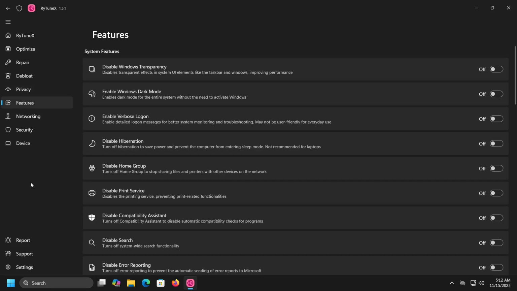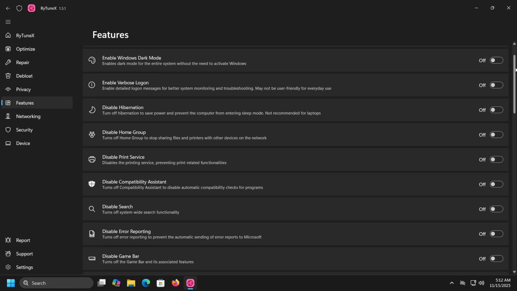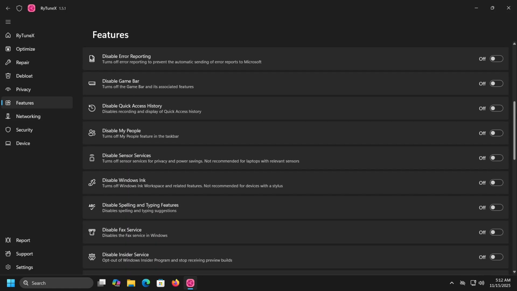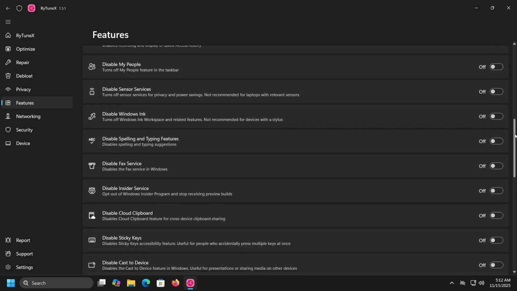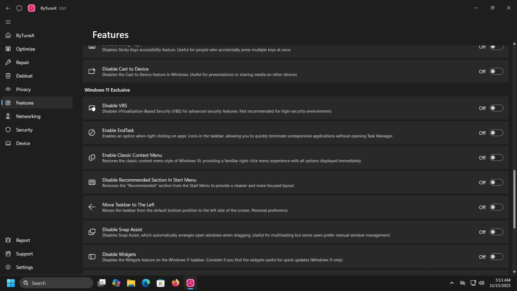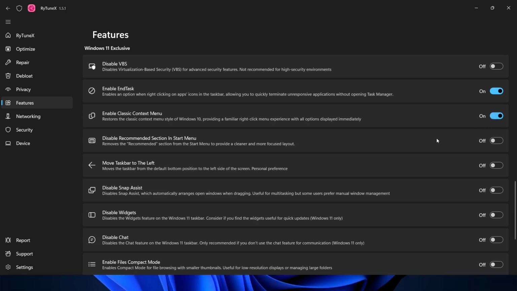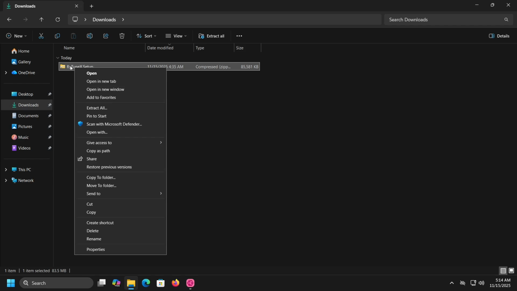When we click on Features, the first you will see system features, such as enabling dark mode, enabling hibernation, disabling the creation and automatic sending of error reports, disabling the game bar, and so on. After these general system settings, we have options specific to Windows 11, such as activating the End Task option, reverting to the classic right-click context menu style characteristic for Windows 10,